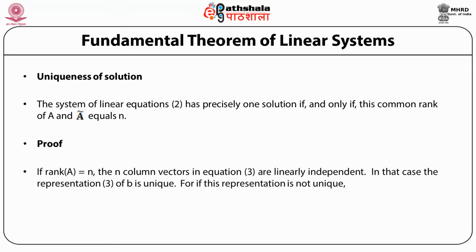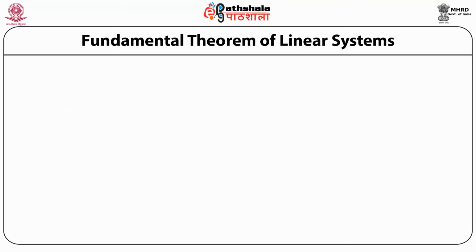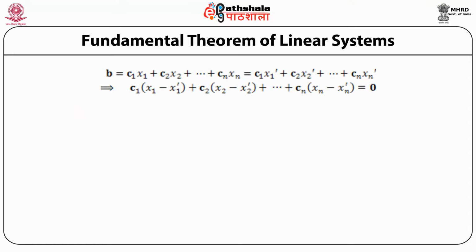If rank of matrix A is equal to n, then the n column vectors in equation 3 are linearly independent. In that case, the representation given in equation 3 of matrix B is unique. For if this representation is not unique, B is equal to C1x1 plus C2x2 plus so on till Cnxn, which equals C1x1 prime plus C2x2 prime plus so on till Cnxn prime, which implies C1 into x1 minus x1 prime